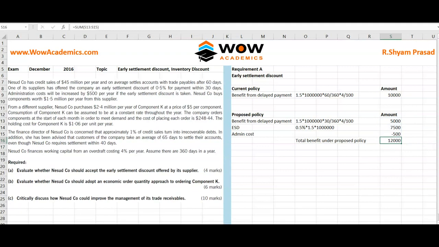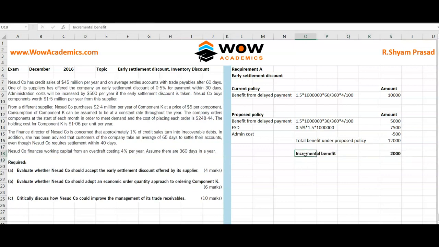So that comes to 12,000. So the incremental benefit that we get is the 2000, that's the difference between the 12 minus the 10. So we get incremental benefit of 2000